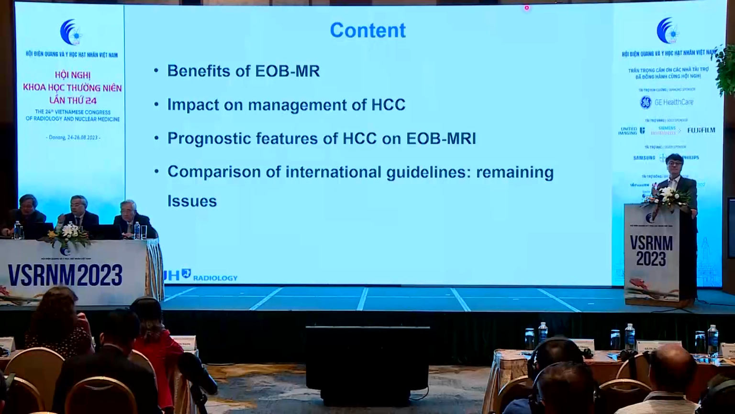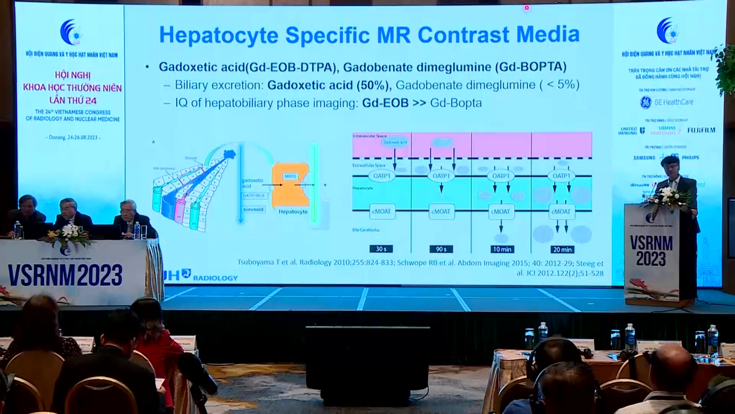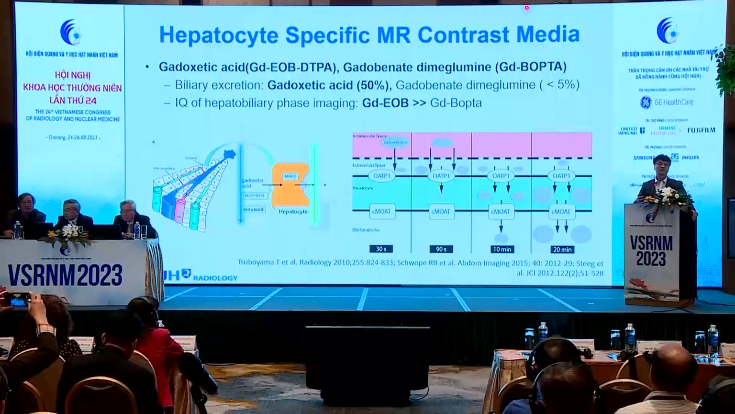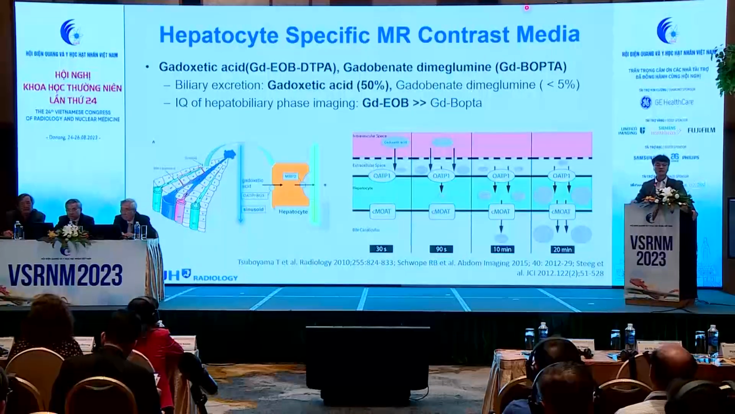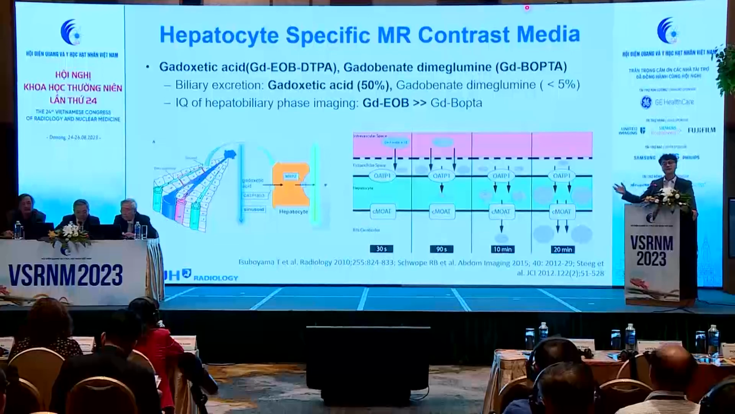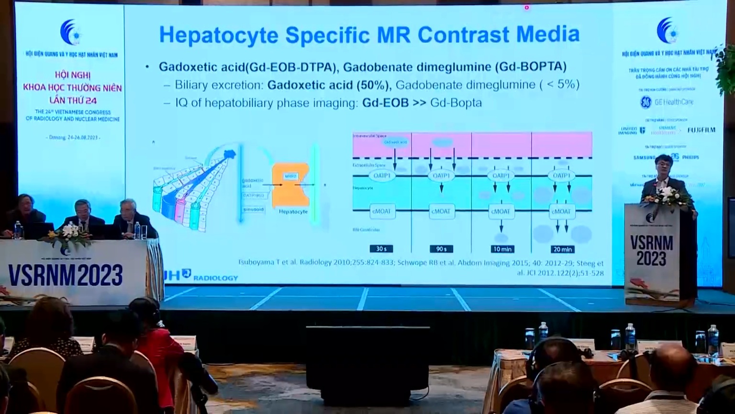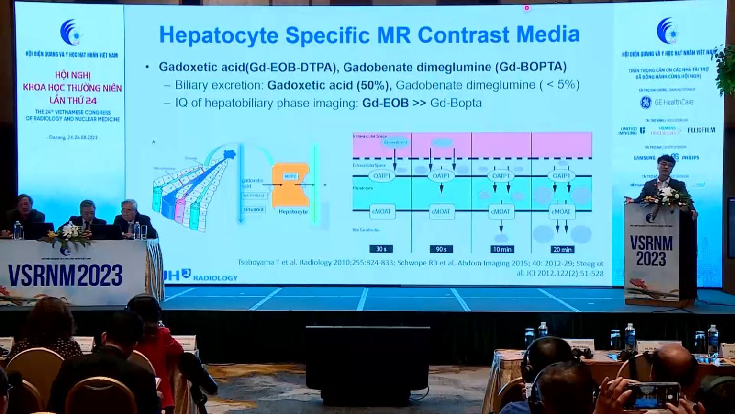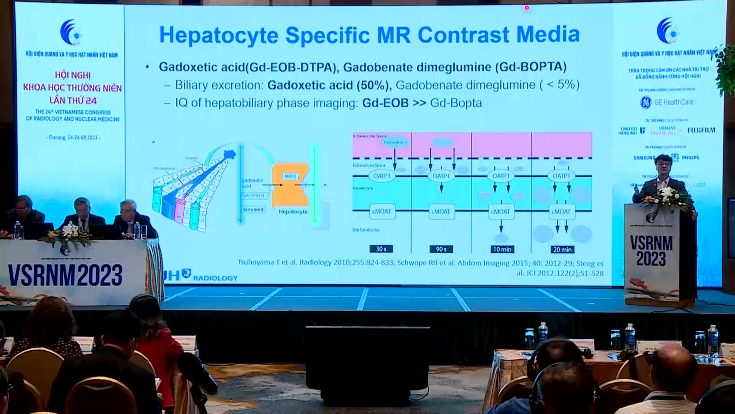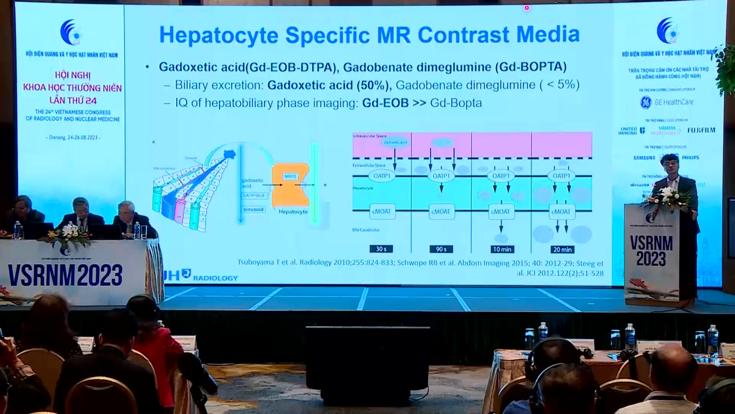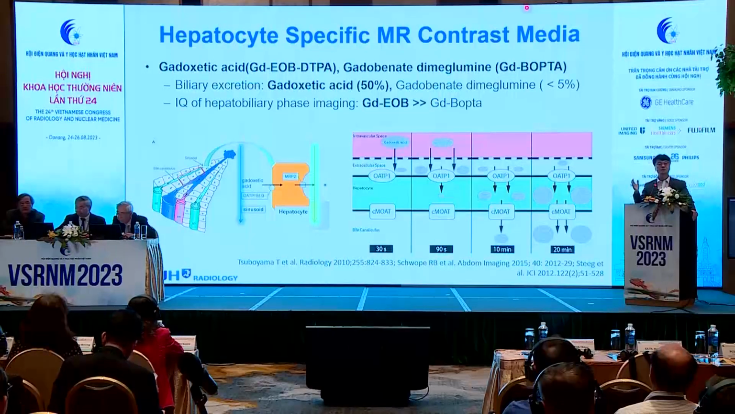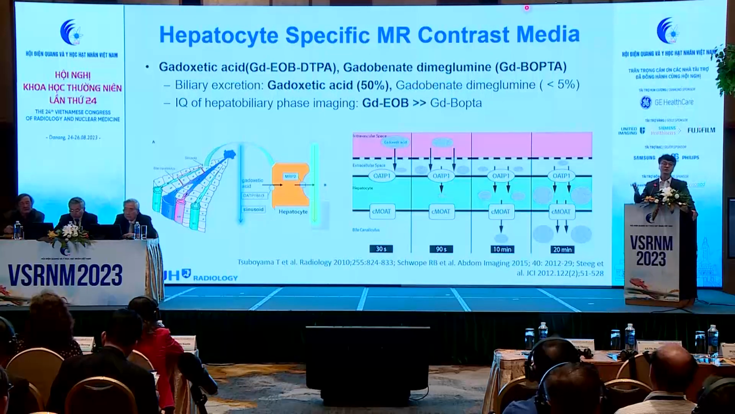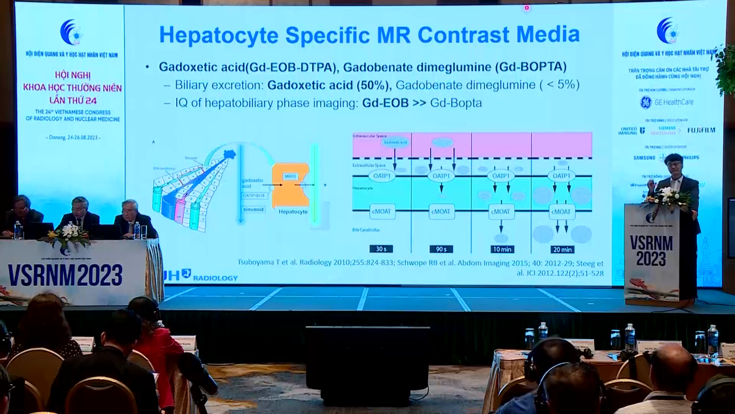So how can we improve the sensitivity using EOB? Actually, EOB is a hepatocyte-specific MR contrast agent. Once the contrast is injected into the patient's vein, after first circulation, it starts to be taken up by hepatocytes via OATP transporter. So the contrast medium can enter into hepatocytes. According to the physical characteristics of MR contrast media, if the contrast is located within intracellular space, the enhancement power is 2 to 3 times stronger than that in